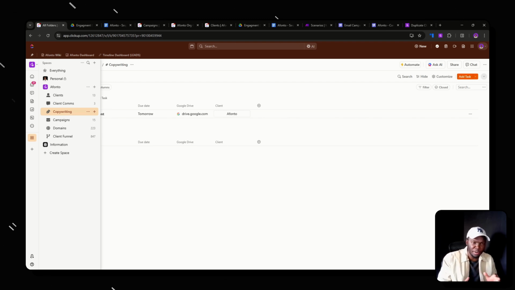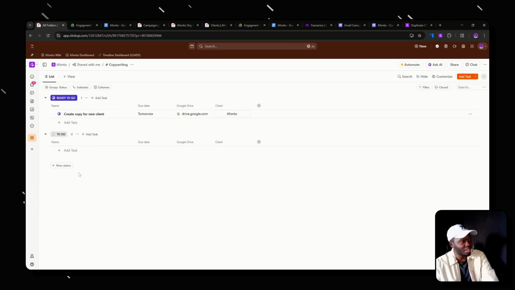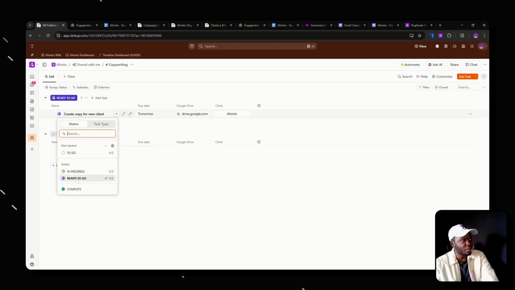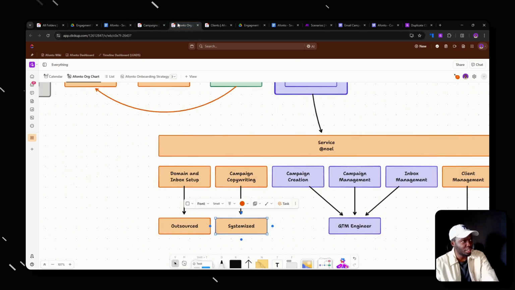keeping it in this manner allows us to do so much more than other agencies, because we don't need to have one person doing everything for one client. We could just have one person that's entirely focused on copywriting. They get like 10, 20, 30 copywriting tasks over here. They take them from here, and the moment they're ready to go, the go-to-market engineer, so we go to the